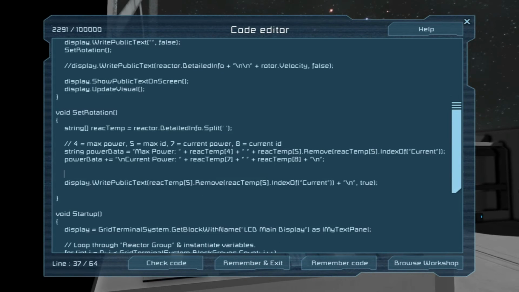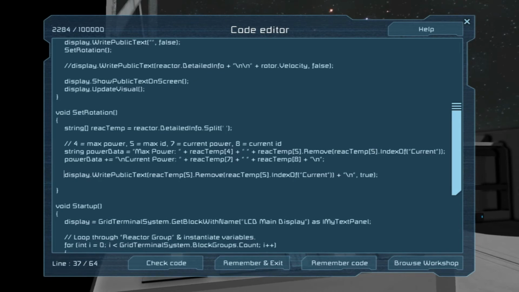So let's do, we've already got the display thing here, so we might as well use it. So let's say power data plus, since we already have the new line there, let's add another new line just because. And we'll do rotor dot velocity. Oh, let's actually fancy this up a bit.